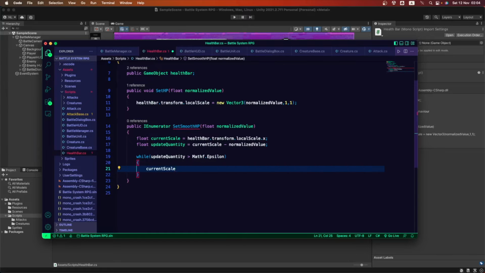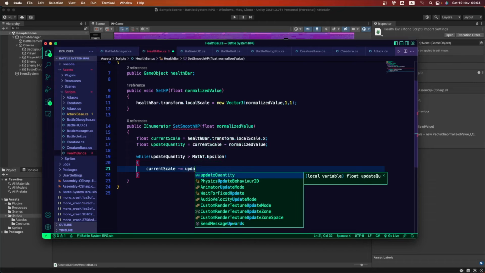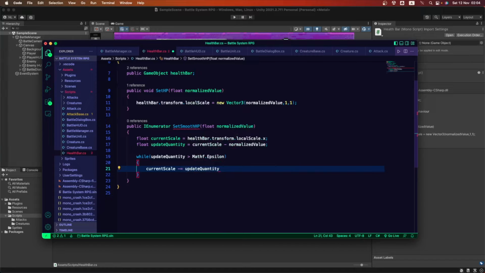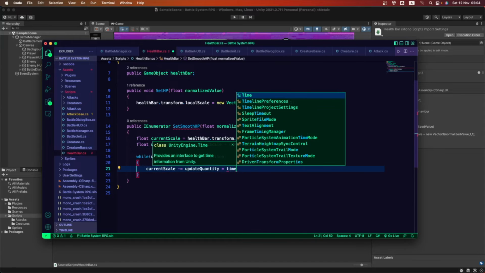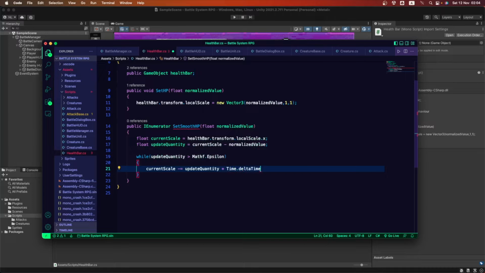currentScale is gonna be, we're gonna make this math operation, and updateQuantity is gonna be multiplied by Time.deltaTime. So what is gonna be happening here? This is gonna be updating this currentScale. We're gonna be updating the x value constantly, dynamically, multiplied by Time.deltaTime, so we can see it happening in real time.